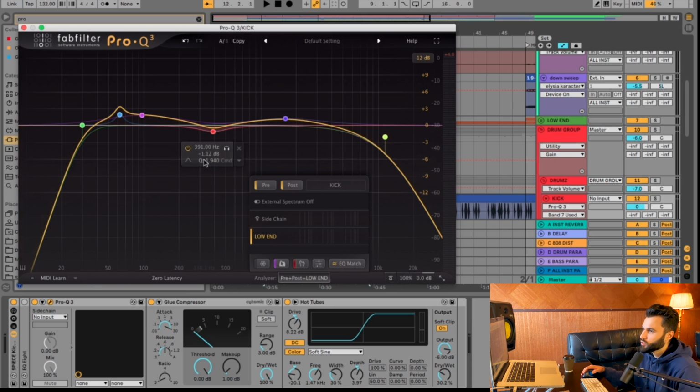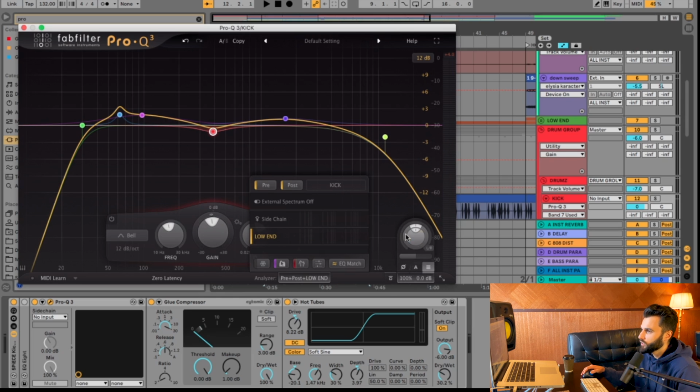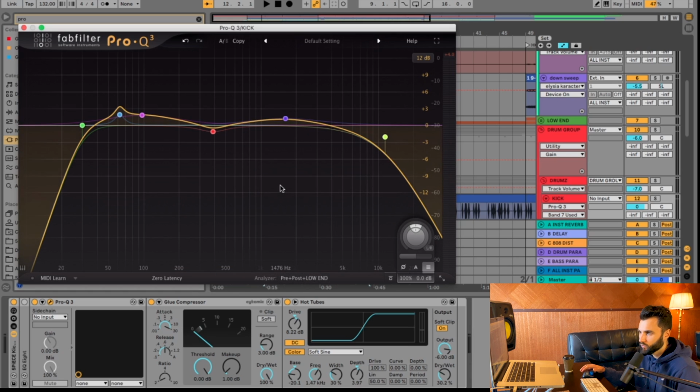And there's just so many great things about this EQ. What more can I say here? I can even go in and change my output, of course, change my phase. I could do so many things here that just a lot of other EQs are not capable of doing, and that is why it's my #1 pick on this list for sure.